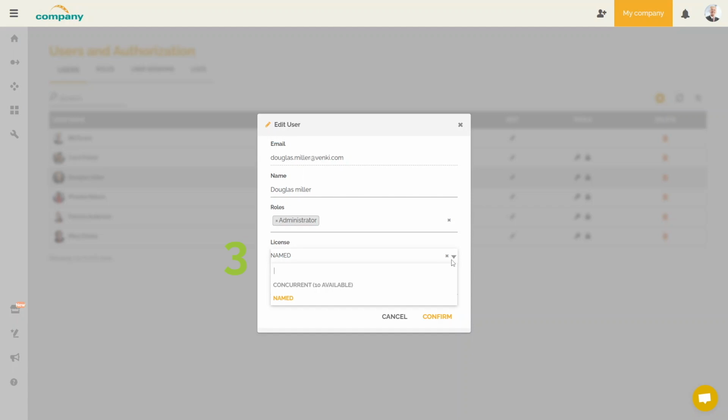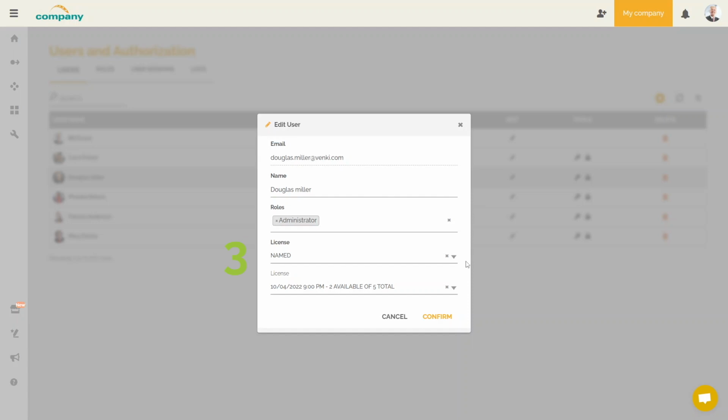This is the case, for example, of users with the administrator role. Those with roles that give at least access to the workspace, but no access to the process editor must have a named or concurrent license. For example, this is the case with the user role. Finally, users who have a role that only gives access to the portal screen must have a portal viewer's license. This is the case for users who have the portal-only role.